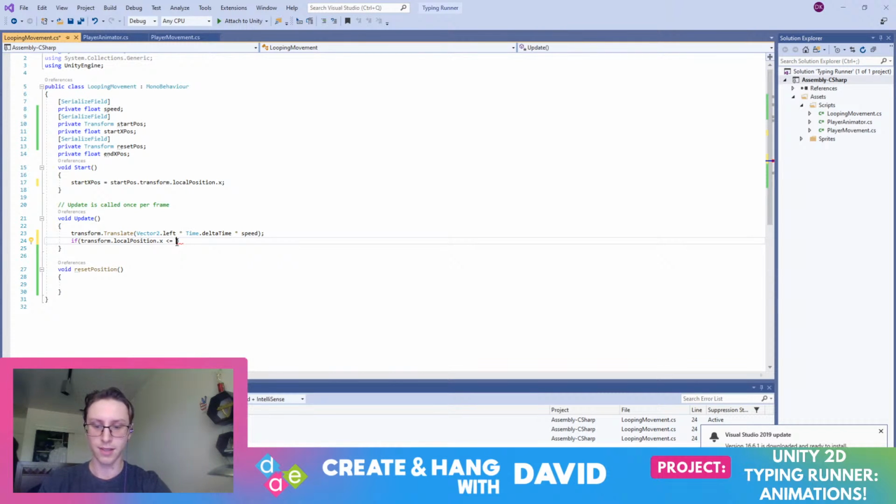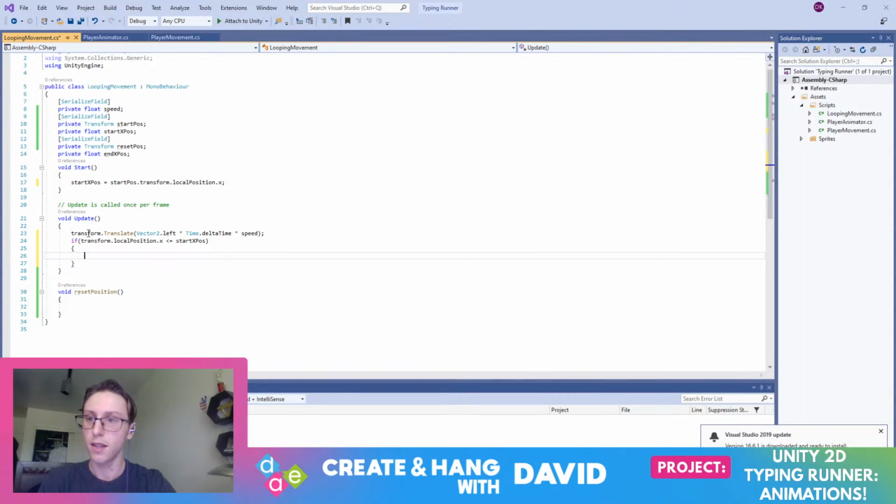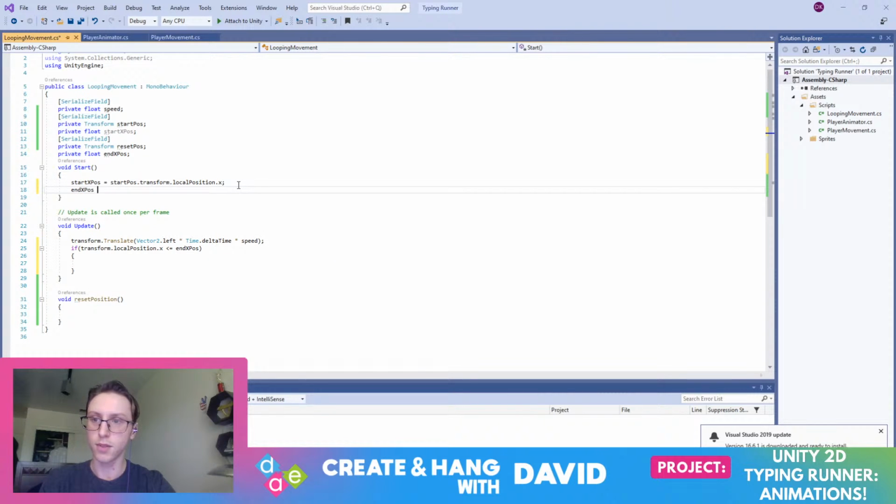So if the x is less than the start x position, then we are going to go to the end x position. Right, and then end x position equals reset. Oh, I don't need to do that. It's already a transform. Local position dot x. Lovely. Then if it's less than the x position, then we're just going to